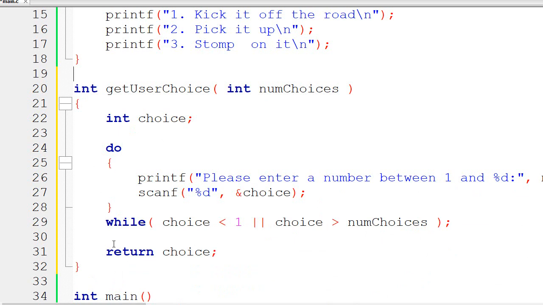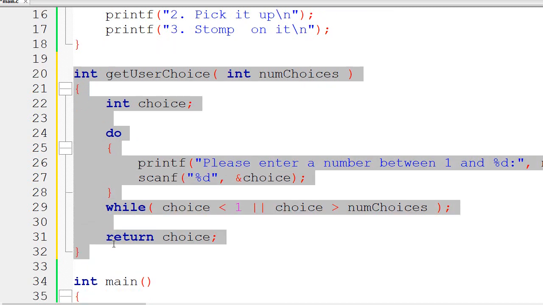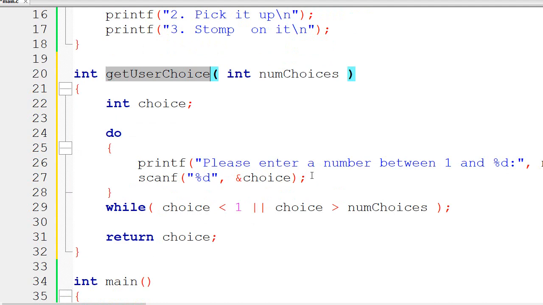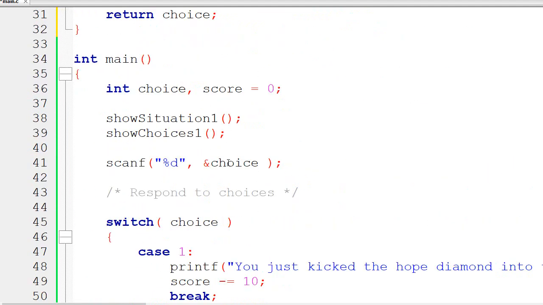So now this is going to be the first function that is reusable. So far, our functions have only illustrated their power in organizing our code. Now, we're going to be able to reuse this getUserChoice several times in this program. Okay? So here we'll say